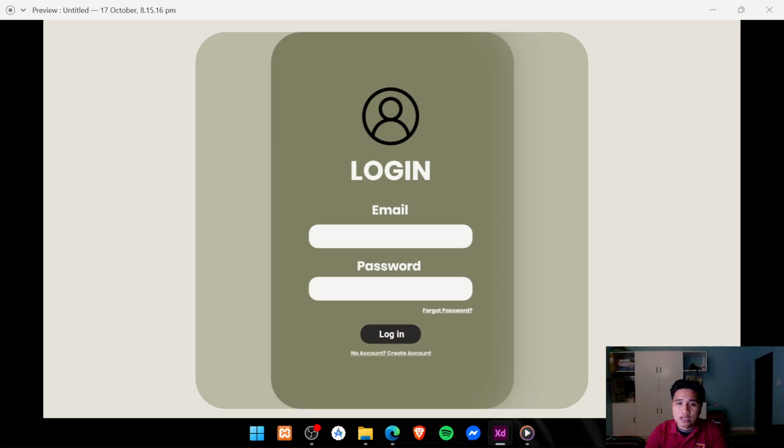So in this part, just like I've said before, I want to add an indication of what page you are in. I've added an indication, which is the login first, and next is the forgot password.